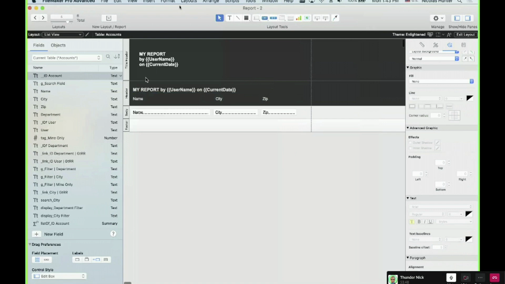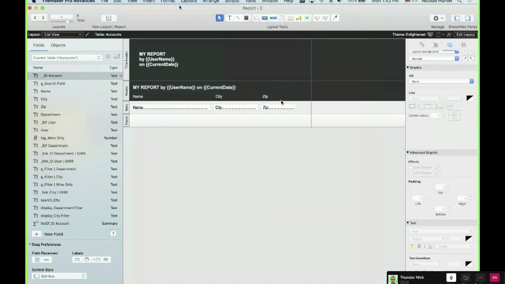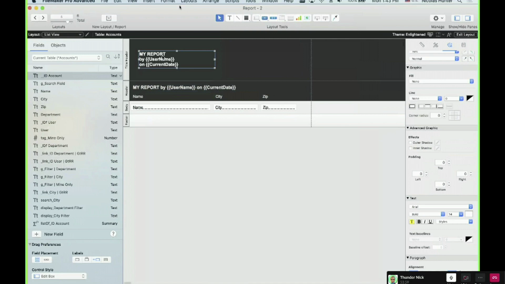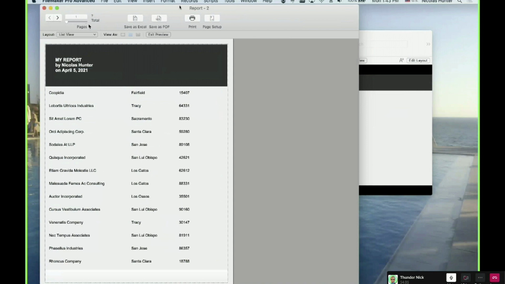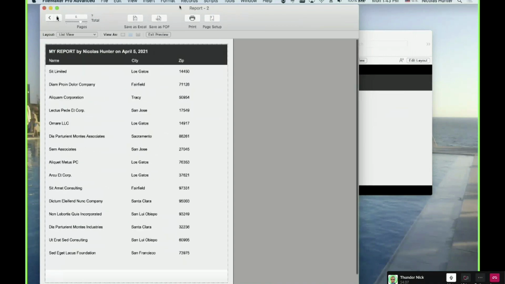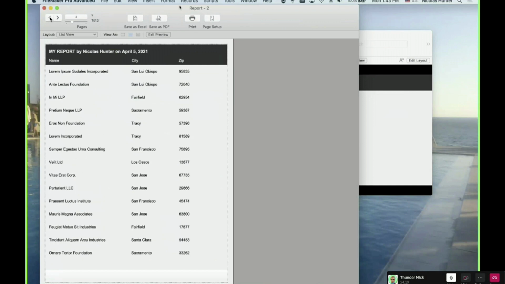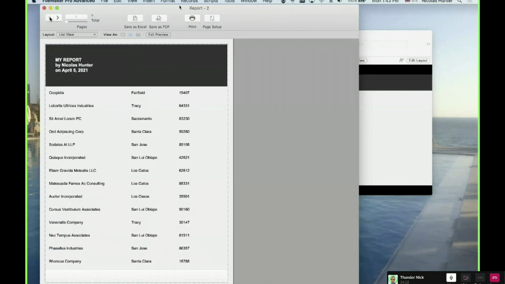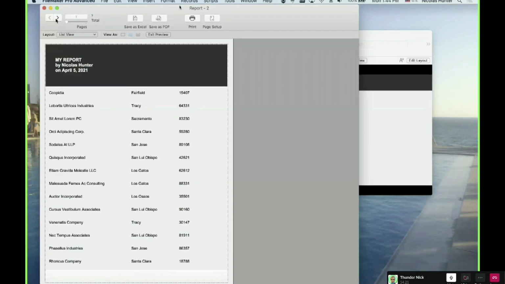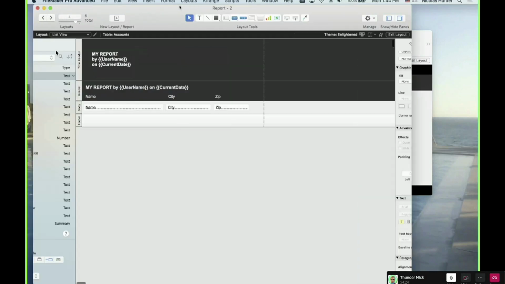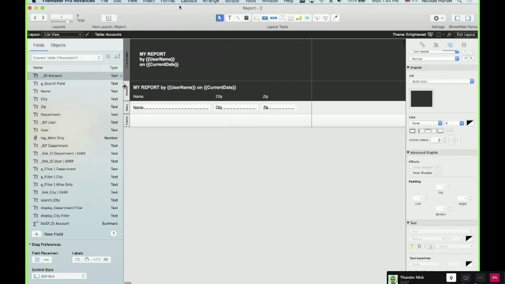Okay, so I have a small version of the title here, and I have a large version of it. What's the difference? I have the large version, and then a small version on top of it, so I'm saving space. The large version is on the first page only. I have the large version and the small one, so the title header will be on the first page only, and the header will follow.